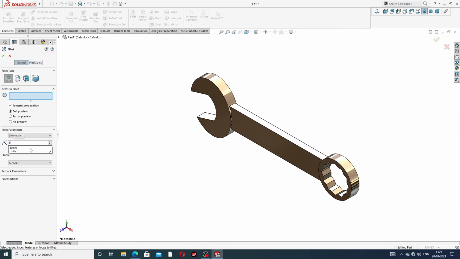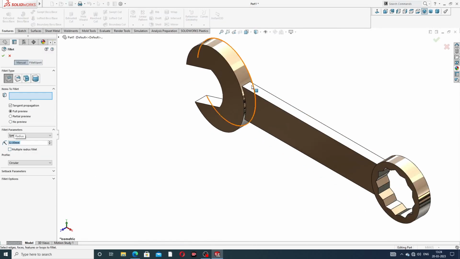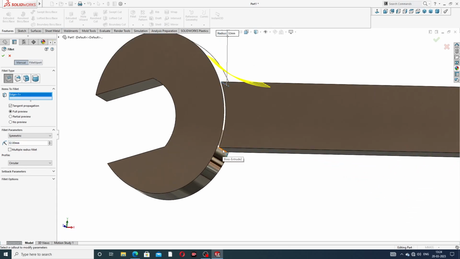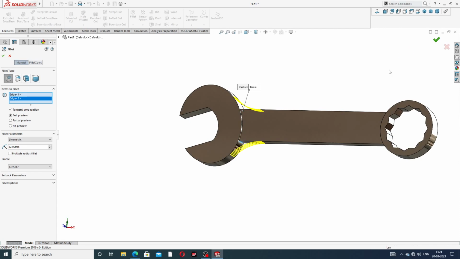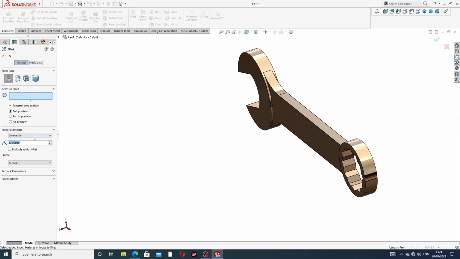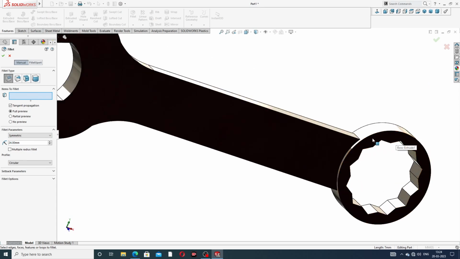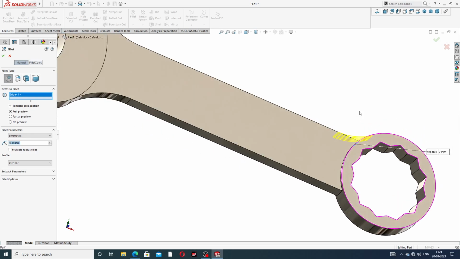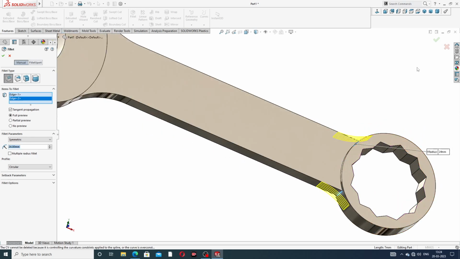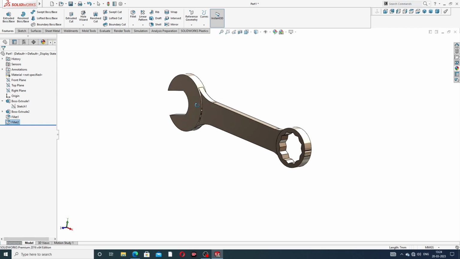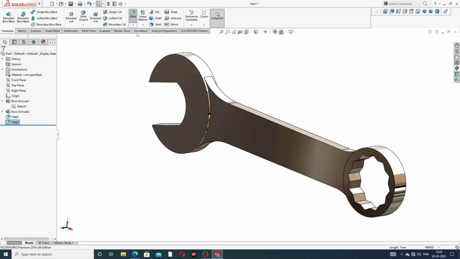32 millimeter and both sides, this to this. Okay, and 24, again select 24 millimeter both sides, to this, to this. Okay, and all is looking perfect,